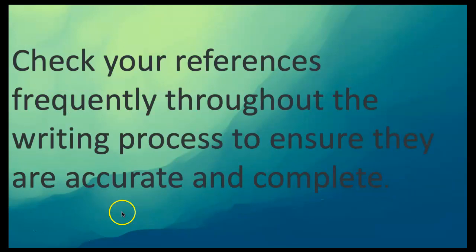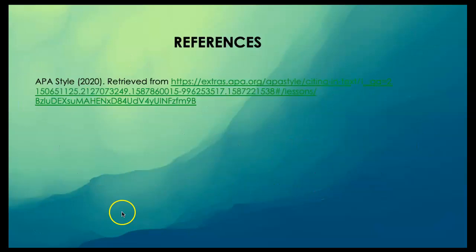So make sure you're checking your references throughout your writing process, and you are also checking for their accuracy, that you have cited them correctly. If someone has to look for the author, whatever author's last name you have in your in-text citation, the same author's last name is in your reference entry, so that it's easier for people to navigate and go back and check your references. And if you need any further information, you can always check these citations and the rules for your citation in APA style on the apa.org website.